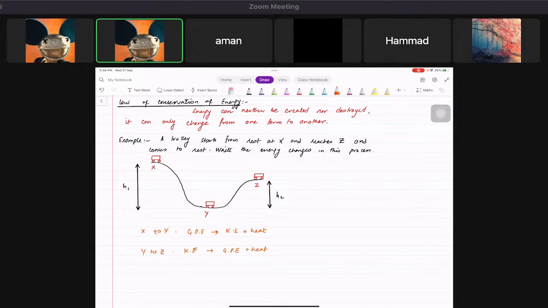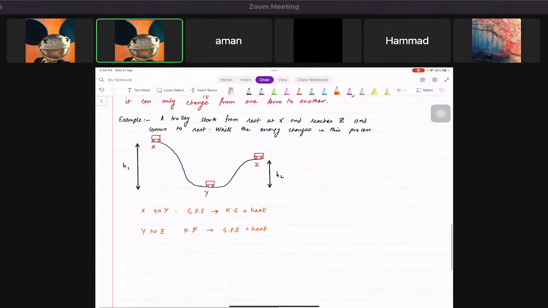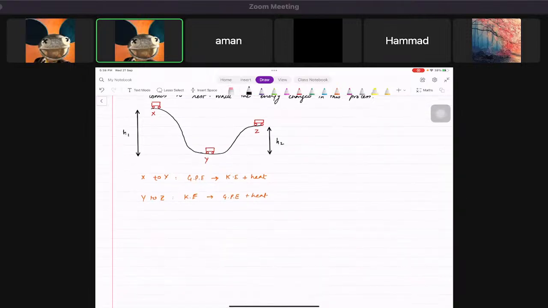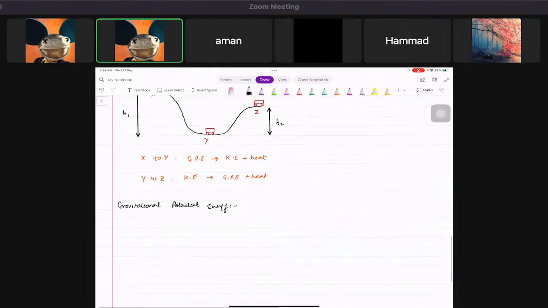Make sure you do. Now, in our course, we also need to learn the derivation of gravitational potential energy and kinetic energy, and they might ask you for 2 marks, sometimes even more. So let's try and figure out how they're derived. So for gravitational potential energy, we're going to learn the derivation,